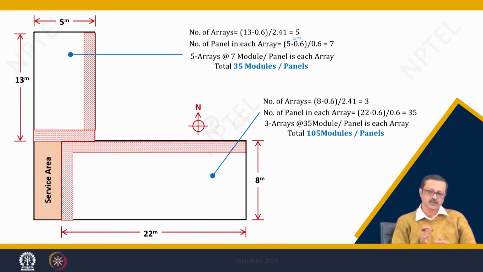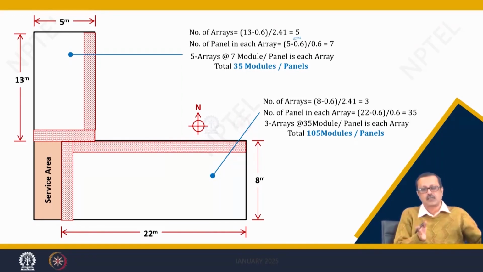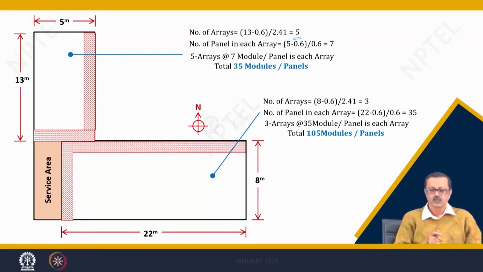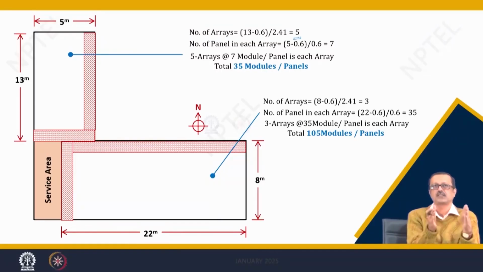Why 2.41? Because it is the row base and the row spacing altogether that we have calculated. So 5 will be in a row, and the number of PV panels in each row will be 5 minus 0.6. So 5 meter is total, 0.6 is deducted because of the circulation, and 0.6 is the width of one module. So about 7 panels in each array will be accommodated. So 7 fives are 35 modules or